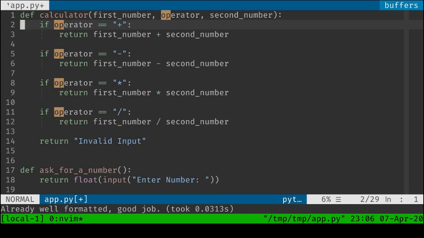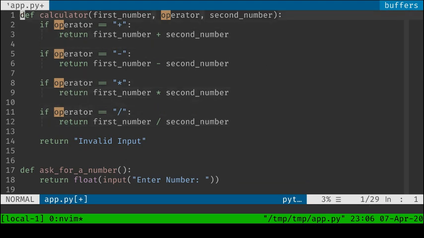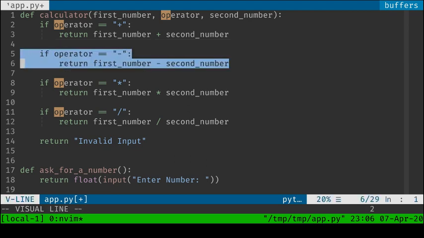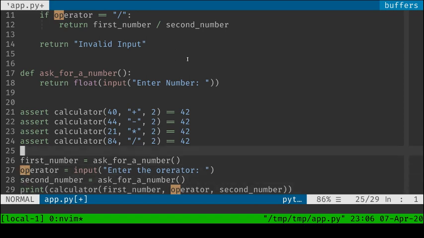So if the operator is plus, you return this. If you return this, you don't execute all the rest. If the operator was something different, you never execute this, and you get to line 4, which is blank, then line 5, and you repeat the same logic. Okay, I think this is the most readable